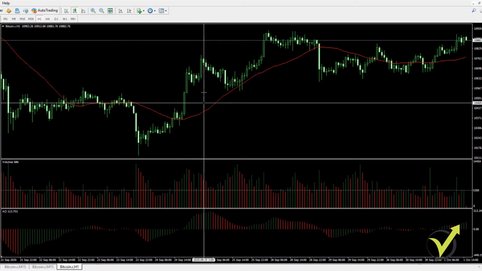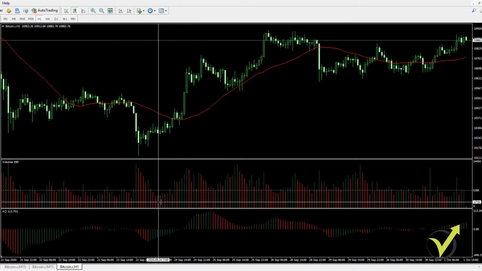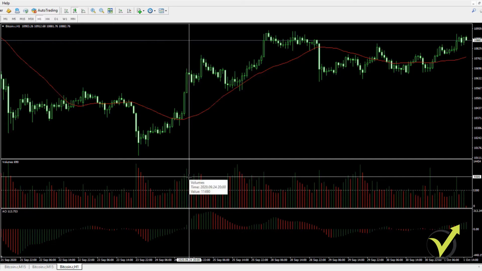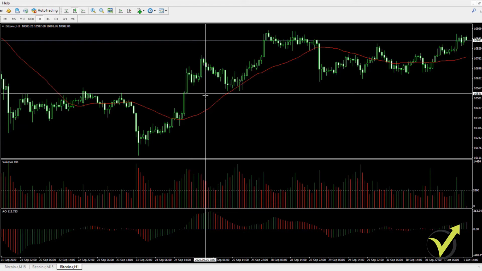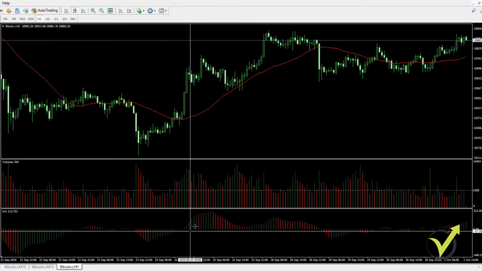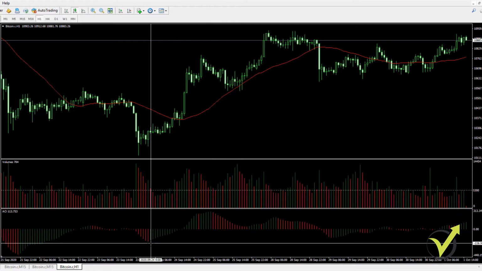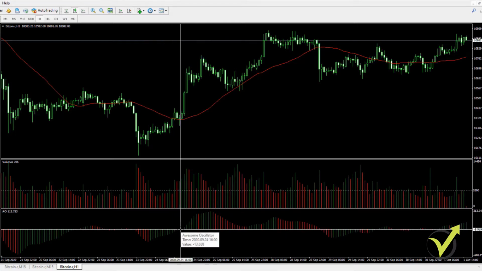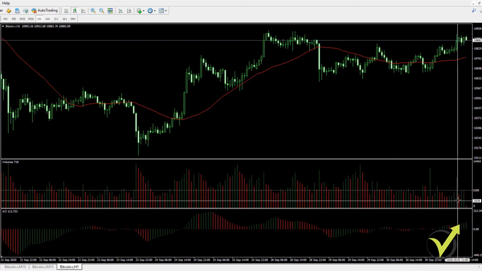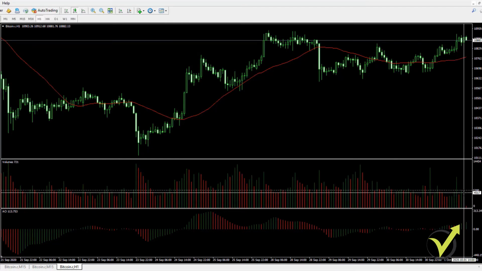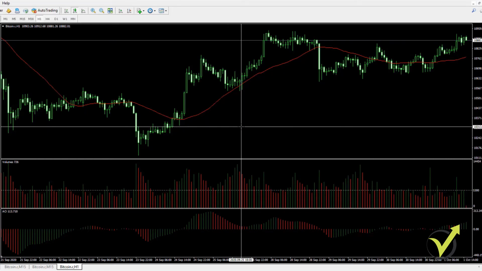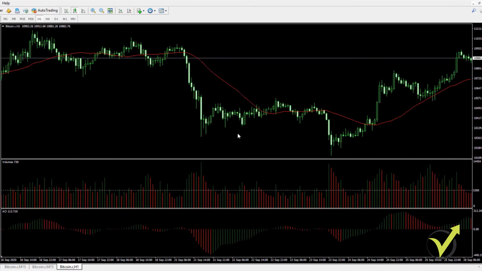Alright, so one more time, we buy when the volumes crosses the level line upwards, but at the same time we need to see the moving average rises, and we need to see the awesome oscillator rises. Doesn't matter if it is below or above the 0 line. So for example, at the current moment you can see that we don't have it crossing the level line. It just stopped there, and we don't have the entry.